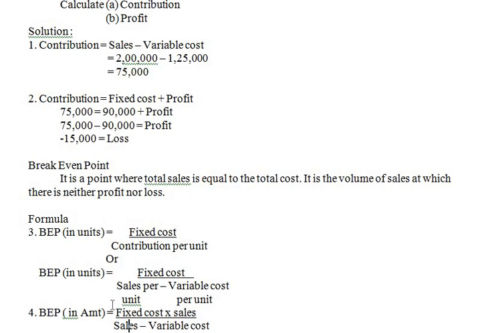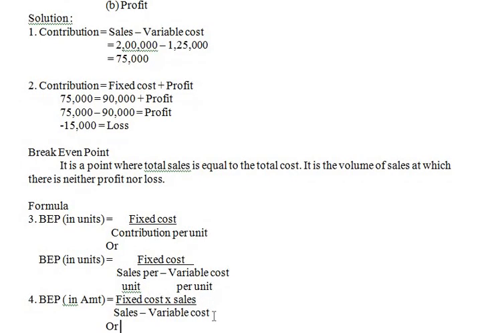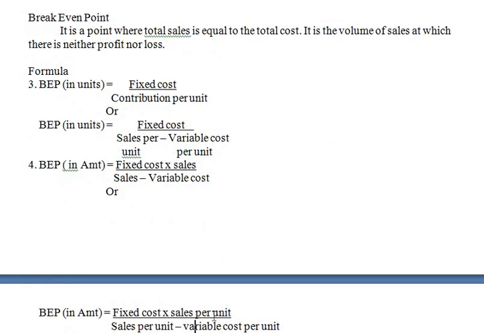This is nothing but a simplification of the first formula. Next, if we want to calculate BEP in amount, the formula is fixed cost into sales divided by sales minus variable cost,